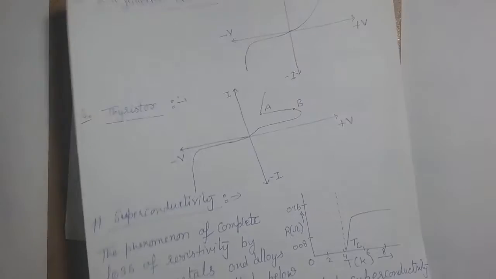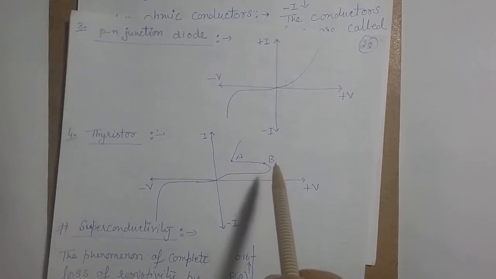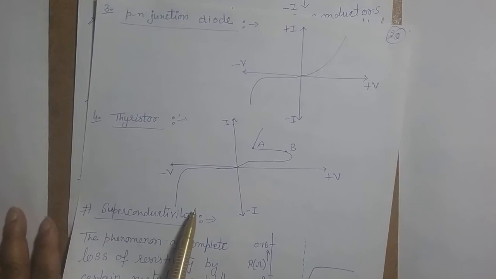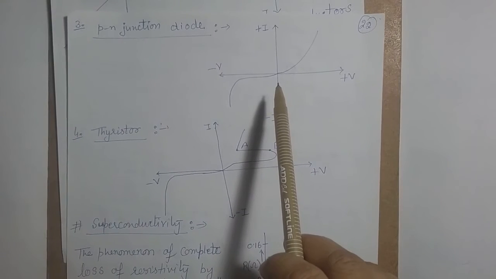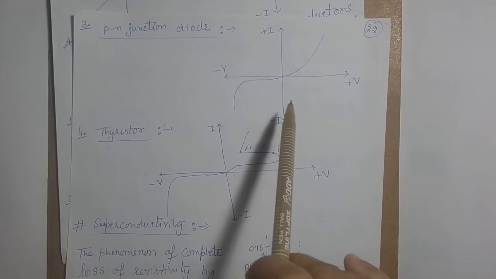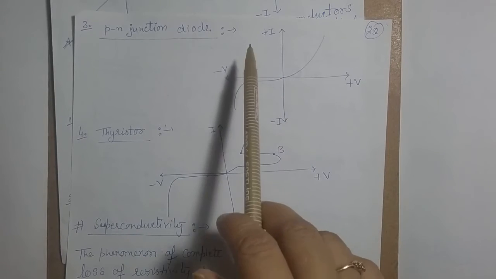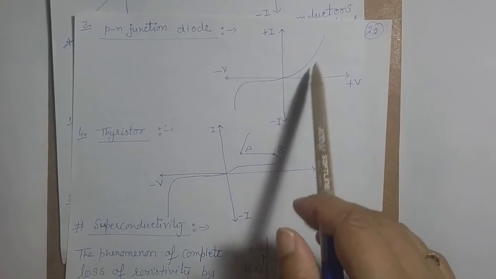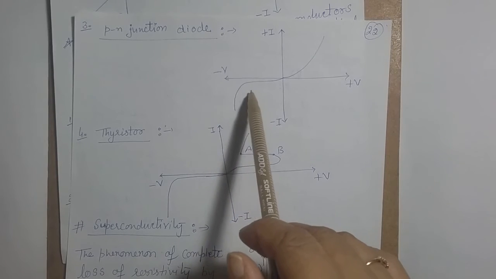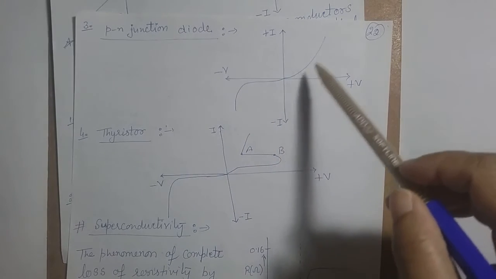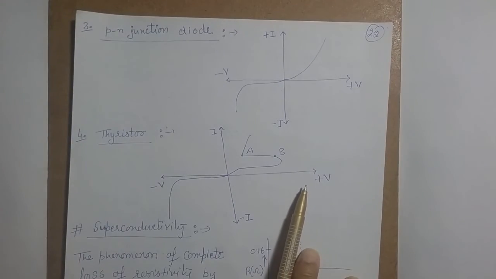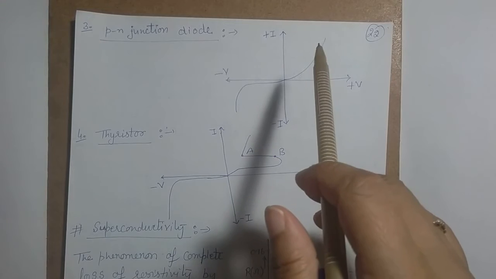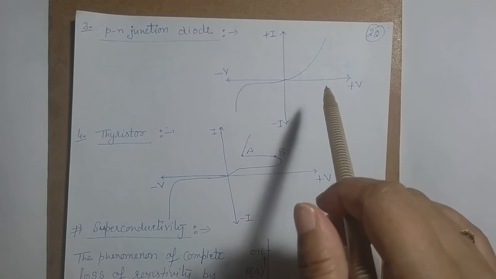Now let us consider the case of a semiconductor. In a semiconductor, you can see that with rise in temperature, what is happening? When we are providing the energy, the temperature rises, electrons gain energy. With that gained energy, if the potential is increased, current increases. In negative potential, that is in reverse direction, the graph is like this. So from here, we are saying that the current and potential are not proportional to each other, and there is an exponential relation between the current and potential.